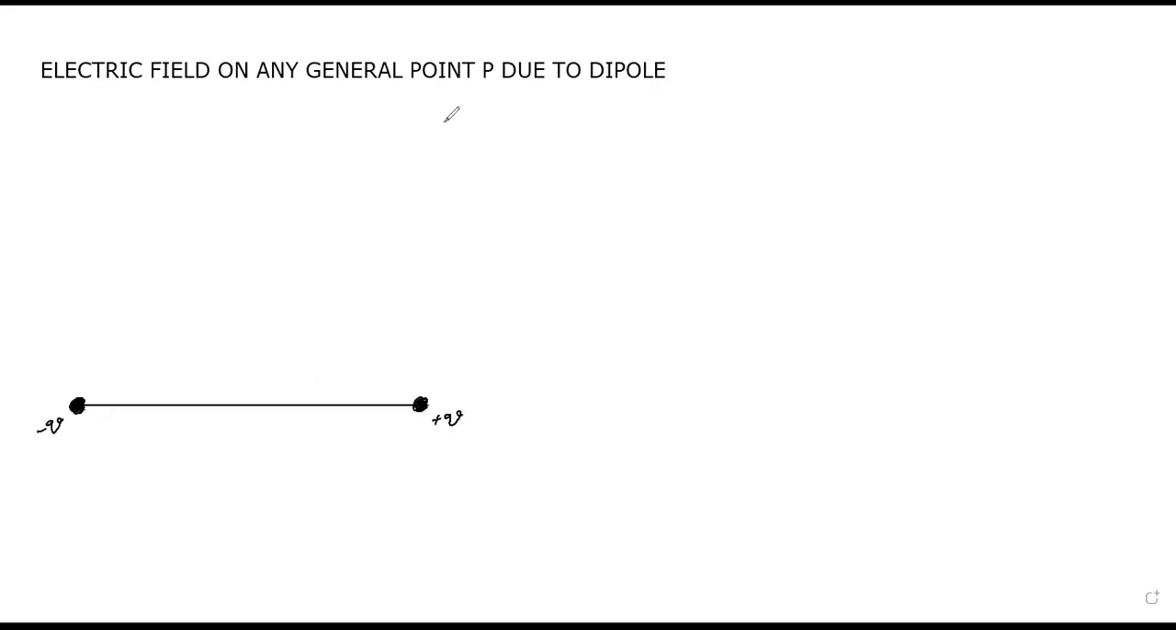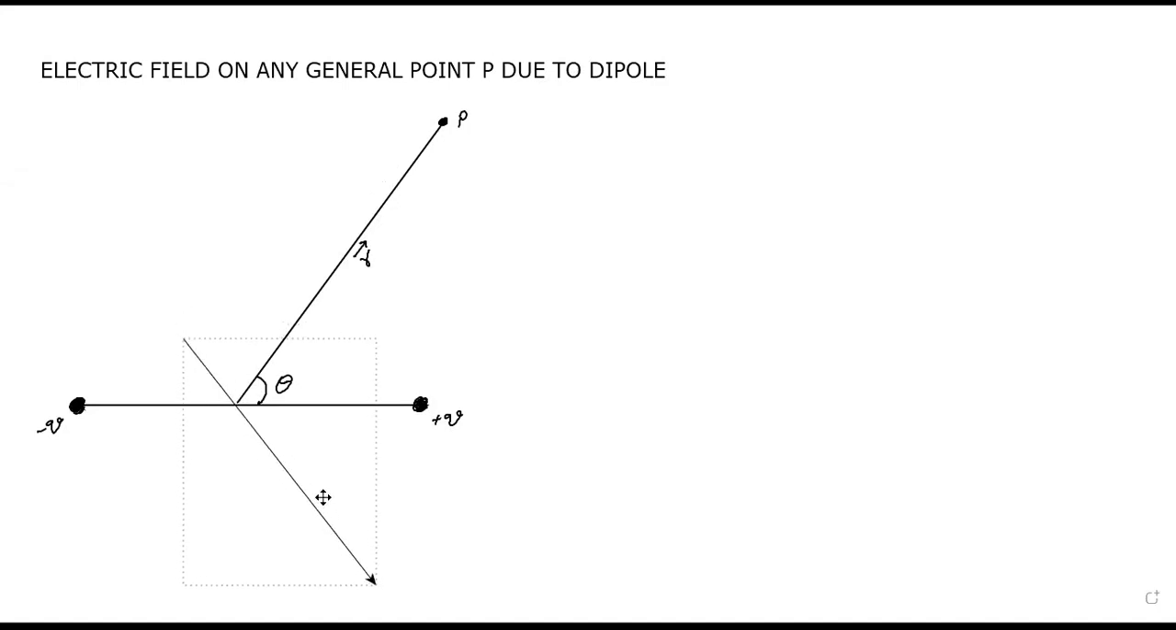There is any general point P where we want to calculate the electric field due to this dipole. This point P makes an angle theta from the center of the dipole. This is your angle theta. The position vector of this point is r. If it makes this angle theta, then we can draw the components in such a way that